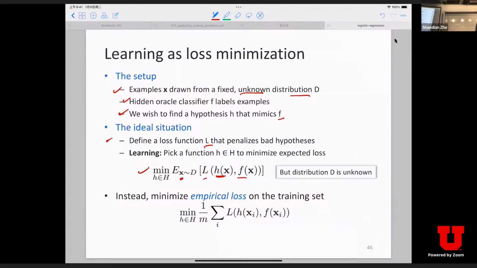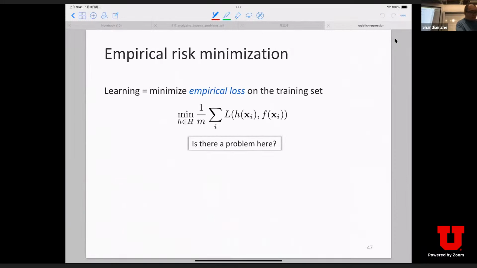training objective. But in practice, because the data distribution D is typically unknown and highly complicated, we approximate this expectation by some empirical estimate. How can we do that? We just sample a bunch of X from D. That is your training inputs. Then you take the average of the loss over every sample of X. This is called the empirical loss, because it is an empirical estimate of this expectation. And then learning amounts to minimizing empirical loss on the training set.